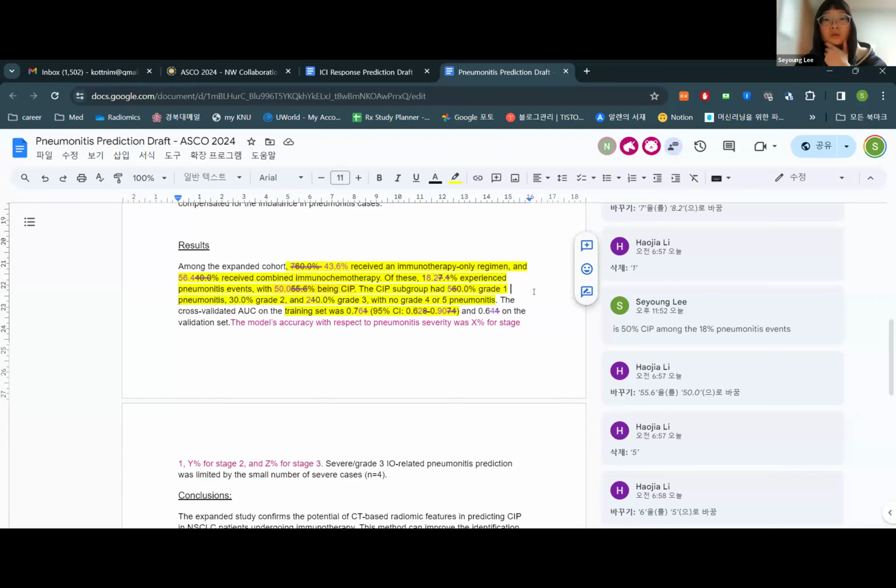Okay. And then, wait, there's a 50% grade 1. So you guys know what grade 1 pneumonitis is? What is it, Sale? Sorry, I don't have the definition right out of my head. So you've got to read. You can't just write it and not know what it means. Grade 1 is multiple GGOs, ground glass opacity. The patient is totally asymptomatic. So what do we do? We watch it. We don't stop the drug.